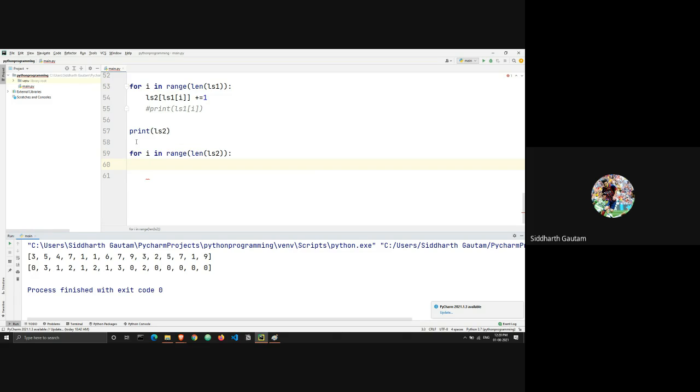So for that, let's make ls3 equal to an empty list.